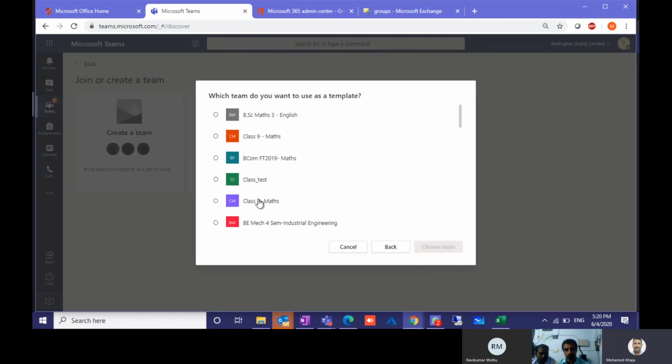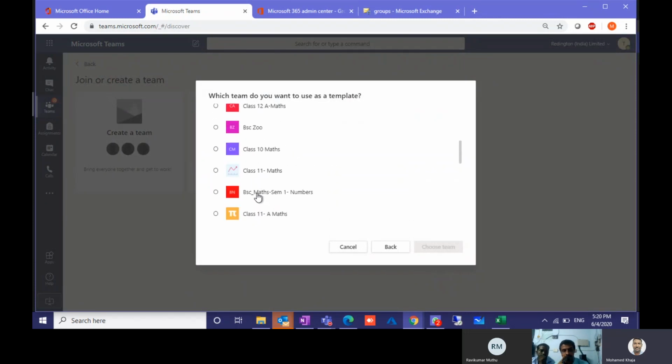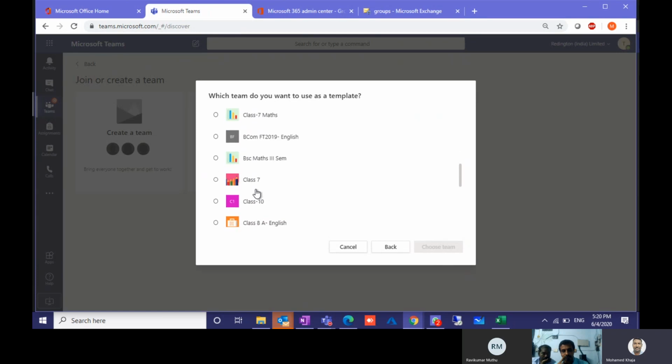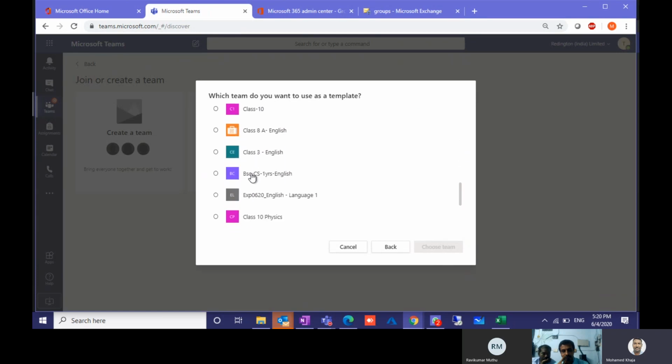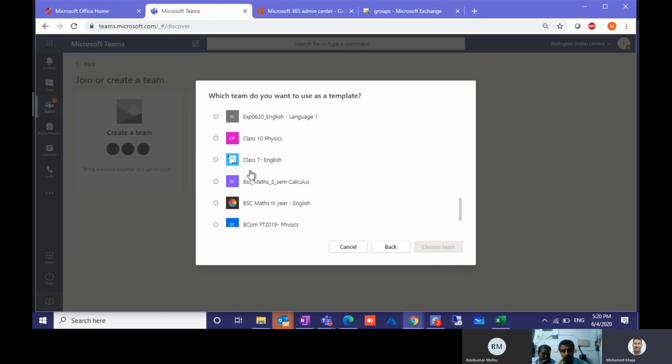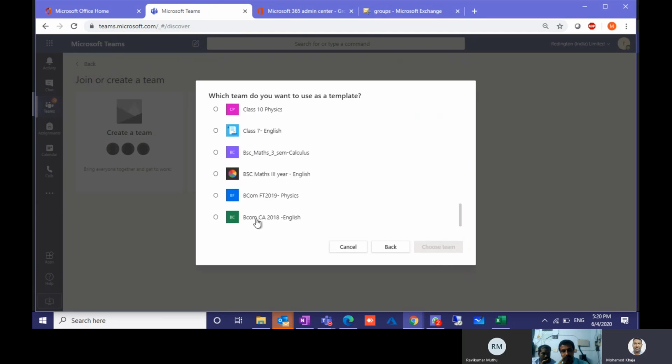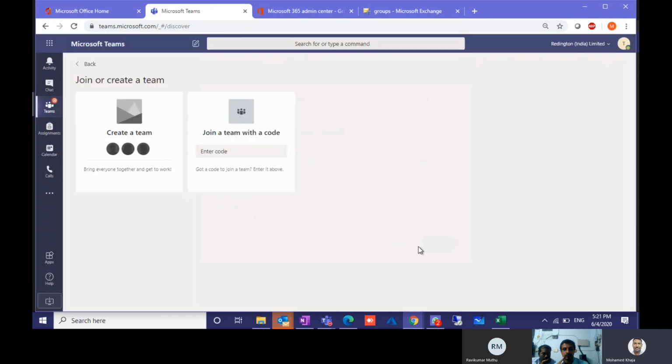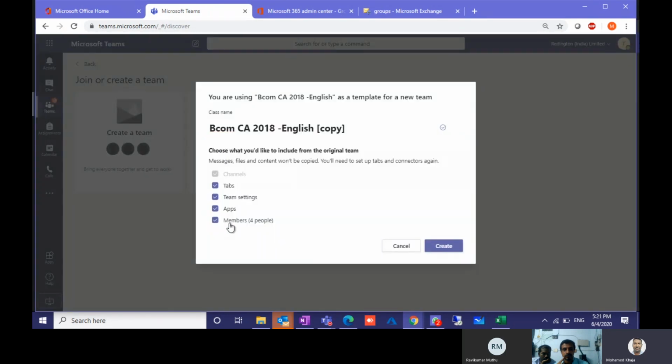Not this one, this one, English. I select this one, choose, see here, it will show the overall members. If it is reflecting, you can add and create. Wait for some time so that all the members of that group will be reflected.